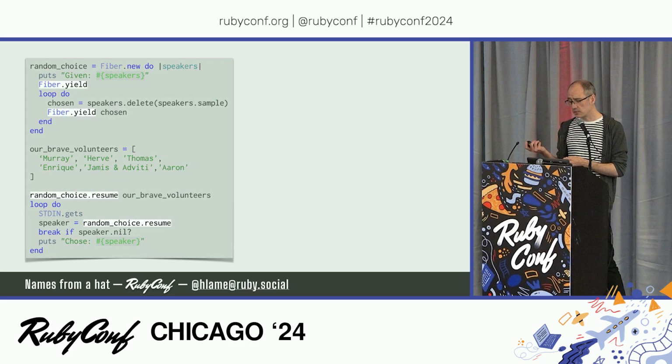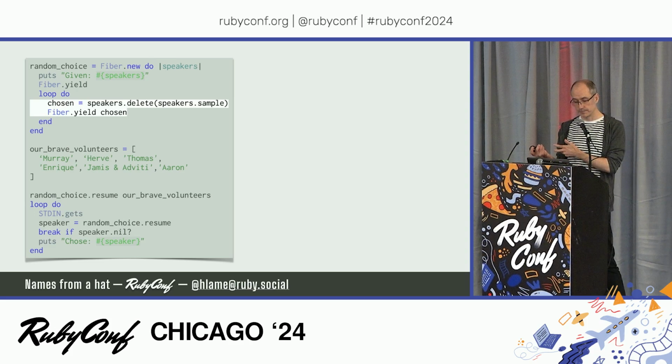We can see the fiber yield and fiber resume calls here. I've got multiples of both, so I'm passing control around a fair bit. Here, we give the random choice fiber a list of names for it to work with, and entirely avoid issues of shared memory access because we're in control of when CPU time is passed around. Safe between the fiber yield calls in the loop, the fiber can do whatever it wants to that array, safe in the knowledge that those manipulations won't get interrupted by someone else. What it does is randomly pick a name and delete it from the list before passing that name out in